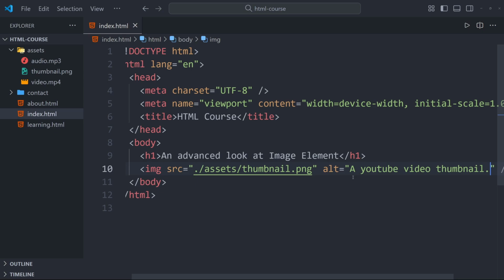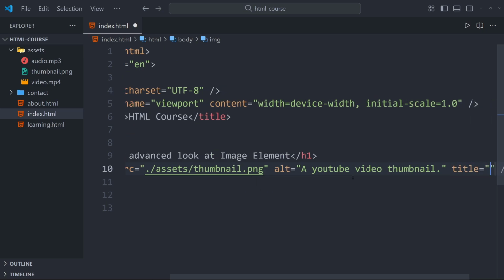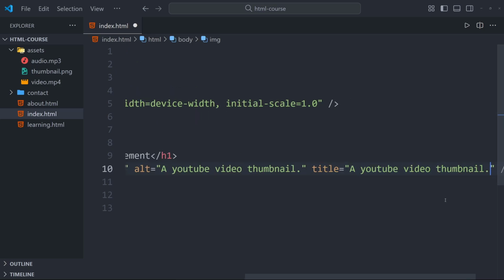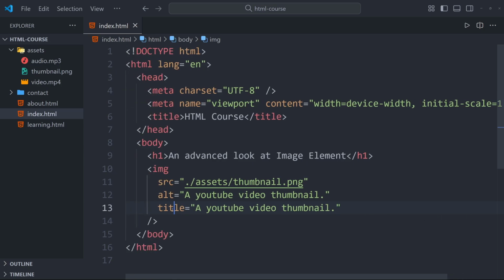Now optionally what we can do, we can add a title attribute as well. So let's do that, title, and I can just copy paste this one, and I will show you what happened. So title, okay, all right. So this is the title, and here the title is this. Okay, now if I go to the browser,